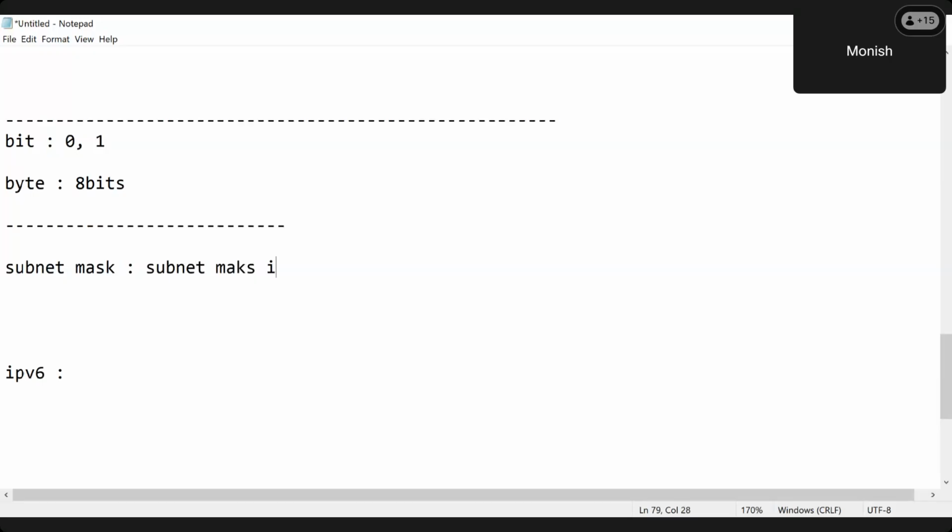Subnet mask is a number. Let me write down the definition first. It is a number that resembles an IP address. Now it reveals